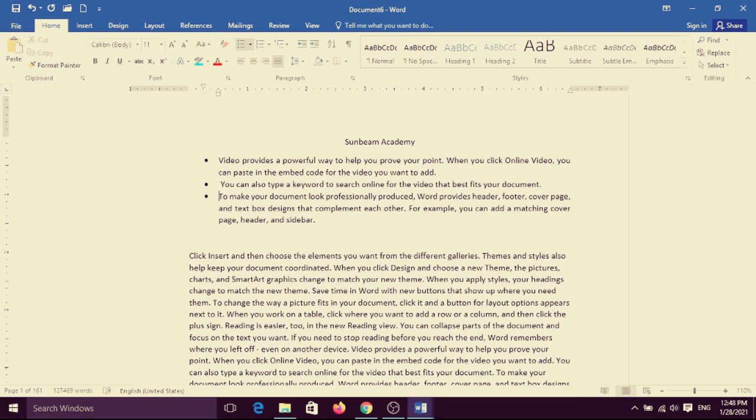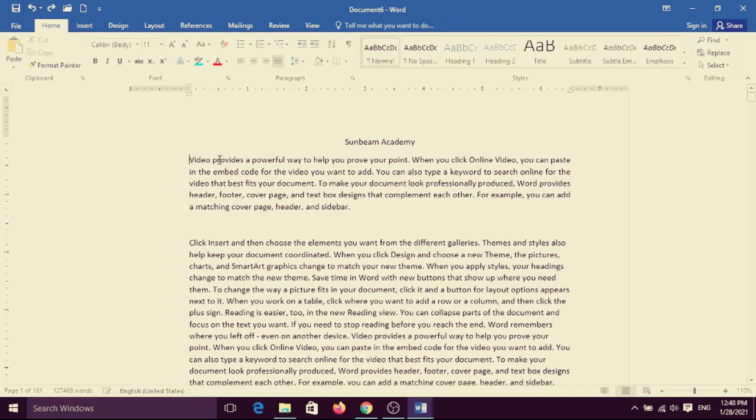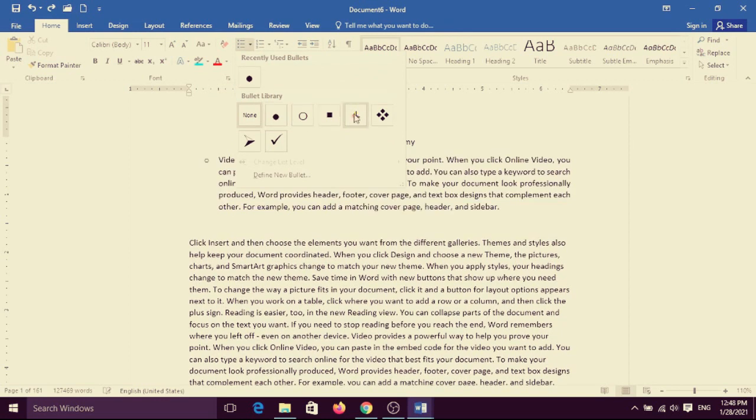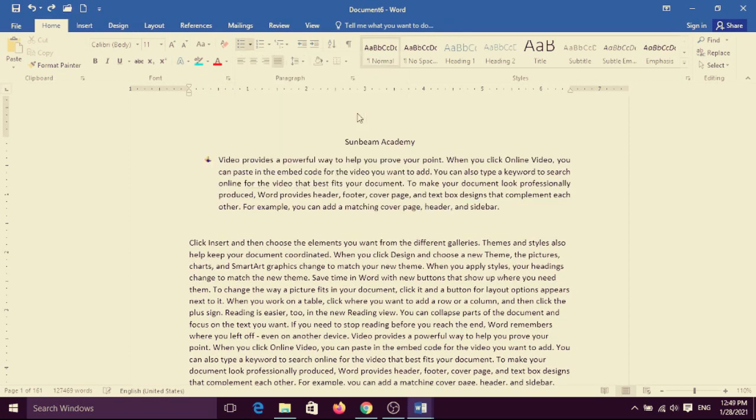See, the next bullet has come. Next one, it is the bullets, and you can choose the bullet also. I want to change the bullet. Yes, once again when you want to insert your bullets, I want to choose this type, this one symbol.